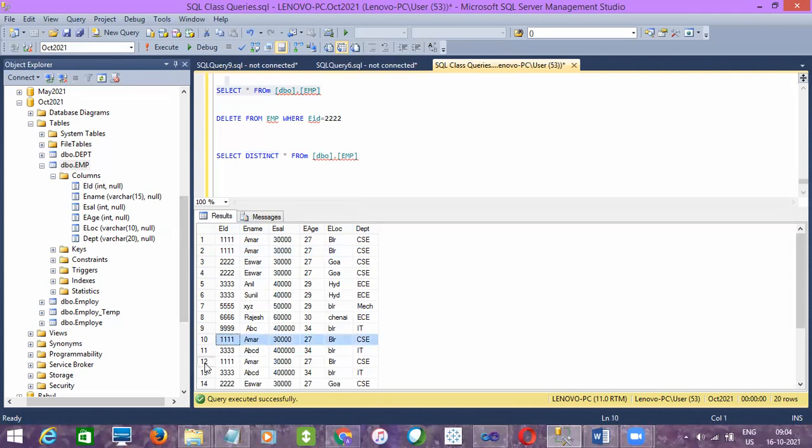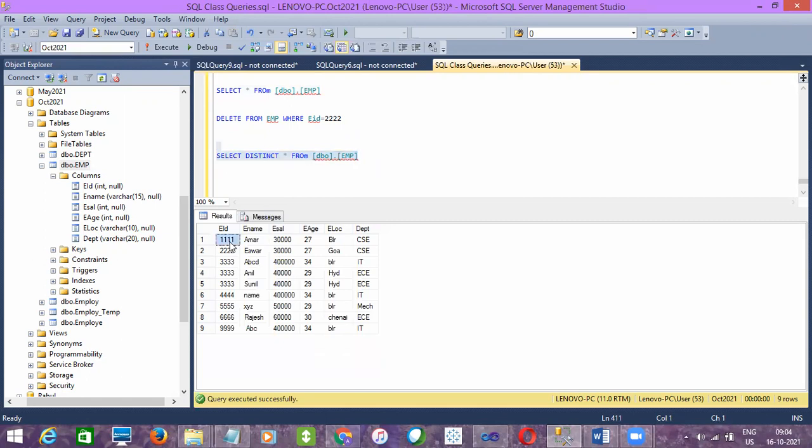So that's why even though 1111 is there 4 times, that row is displayed only once here if you use distinct. Which means the distinct keyword will treat a value as a duplicate when the full row value is duplicated. Full row means all the column values should be the same for 2 rows or 3 rows, whatever it is. But here there is a difference. That's why distinct did not eliminate the duplicate row values, I can say.